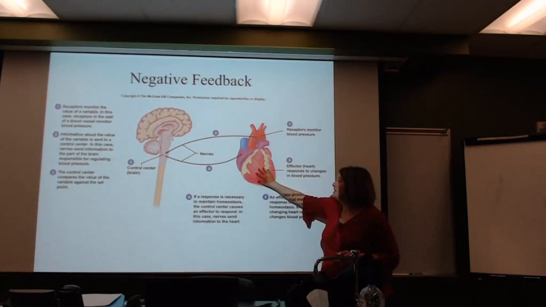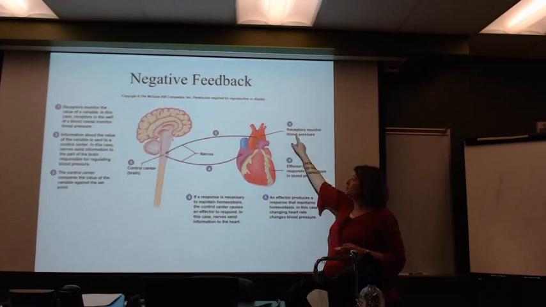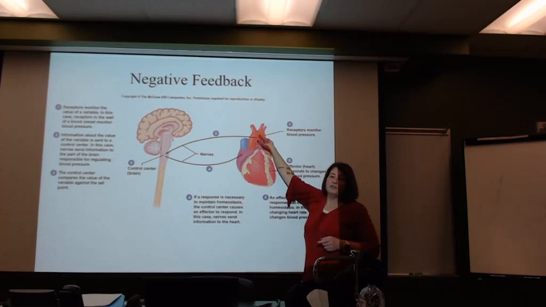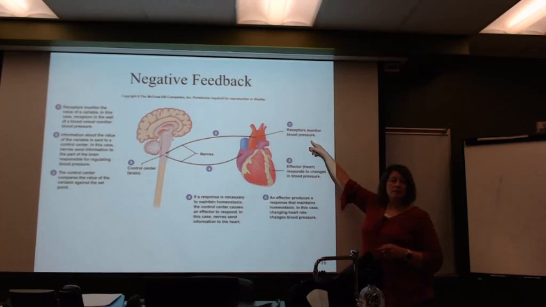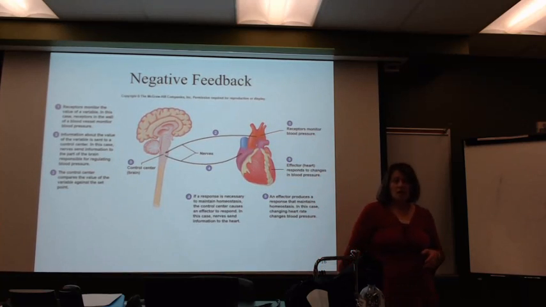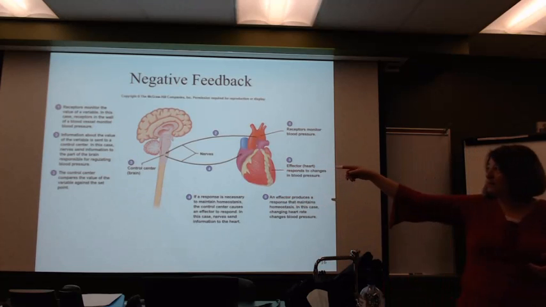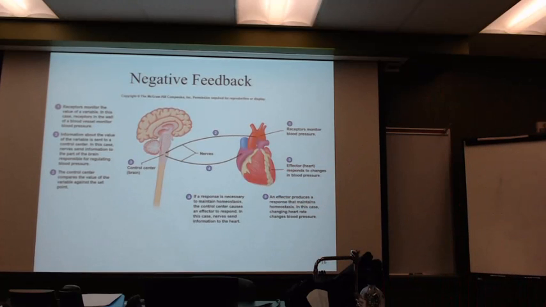So you will see that we have receptors. They're located right here in the aorta, okay? And they're going to be able to measure blood pressure. So those receptors monitor our variable, the blood pressure, and